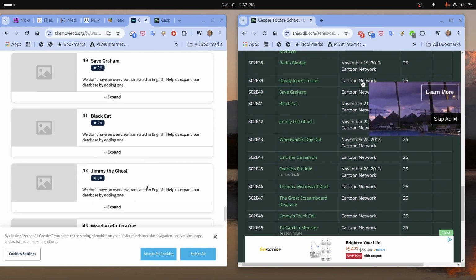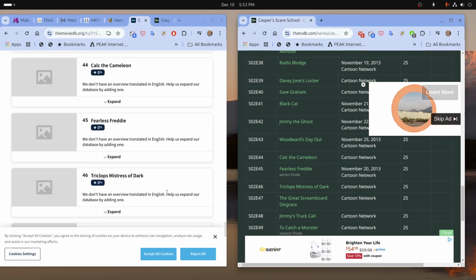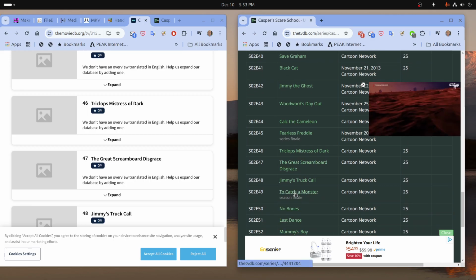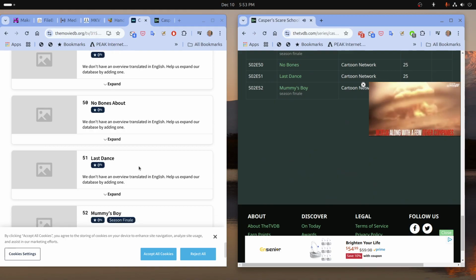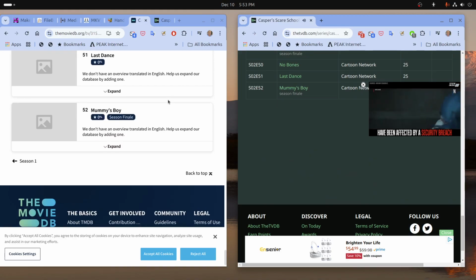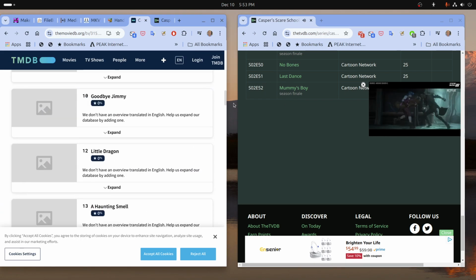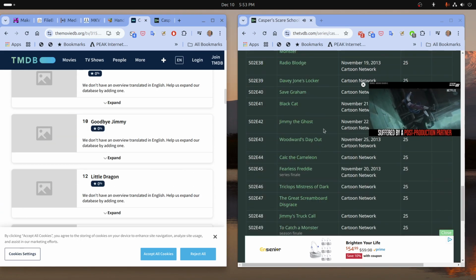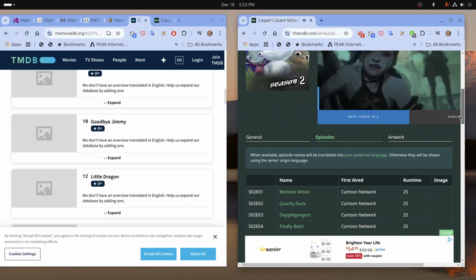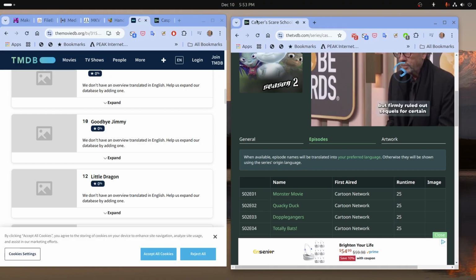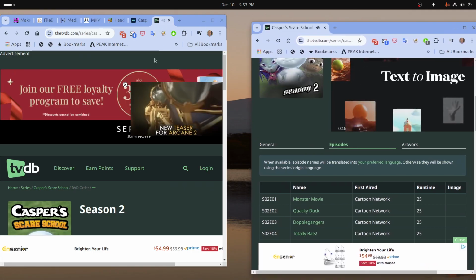Graham, 43 Woodward's Day Out, that's a match, 47 The Great Screenboard Disgrace, and the last couple Mummy's Boy and Last Dance. So this is weird that we're missing one episode, and I don't know why that is, but again, I prefer TVDB to TMDB. Now let's bring this back over and pull the DVD ordering out and see how